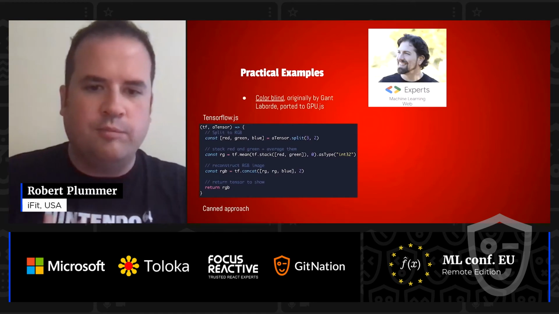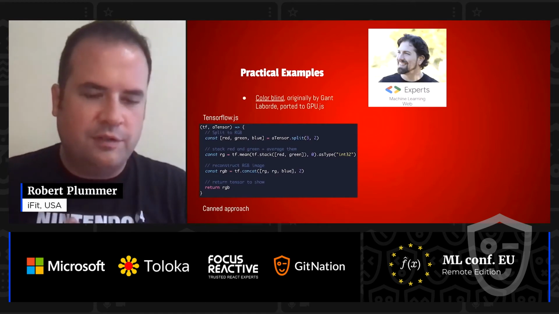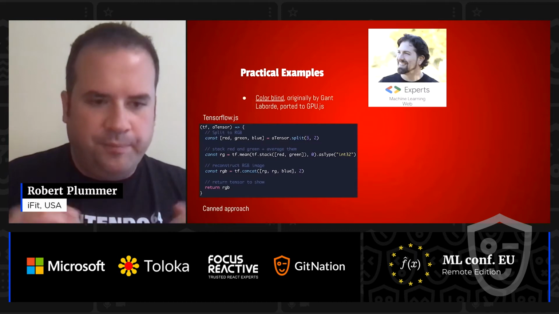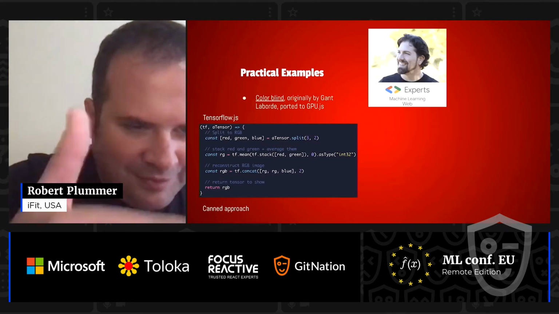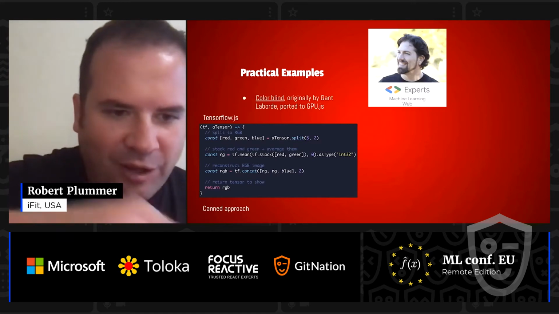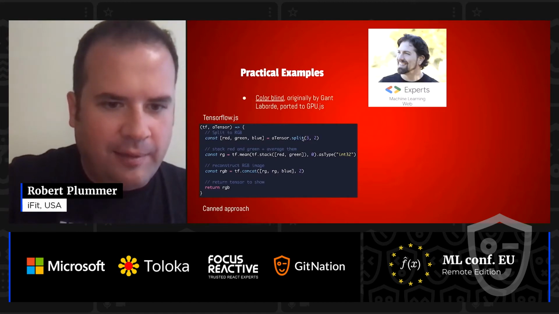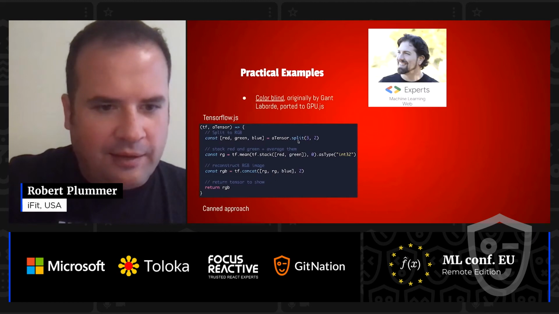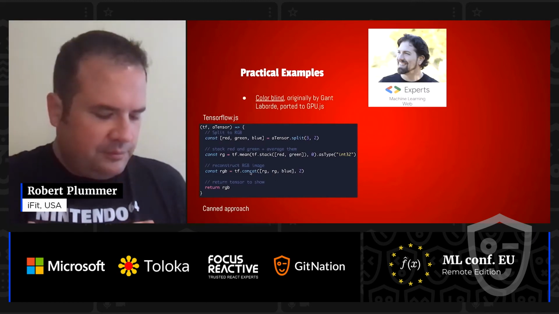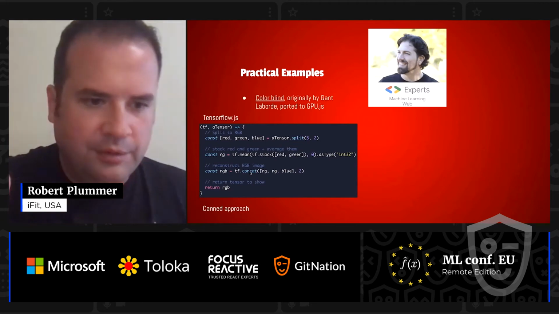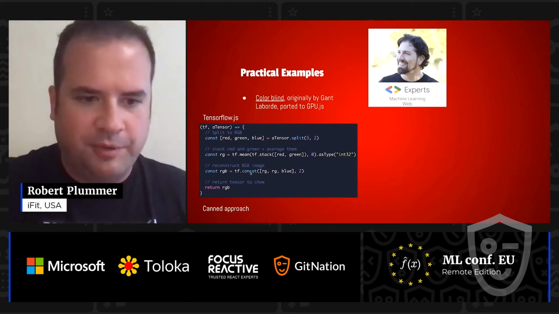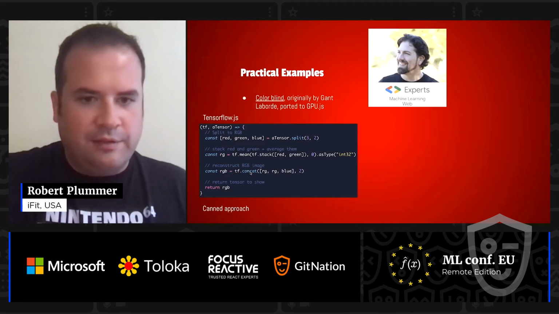In fact, in parts of Brain.js, we use those functions just the same. But just bear with me. With TensorFlow.js, to alter any one of those methods like split, mean, stack, or concat, you'd have to be able to get at the underlying code for each of the environments. So that's really what I'm talking about here. That's the canned approach.